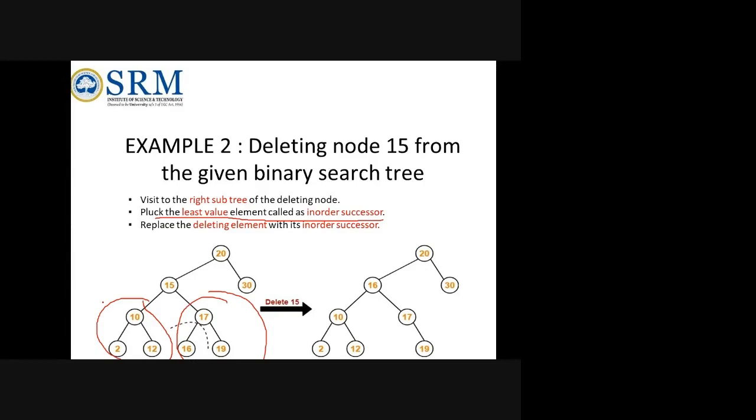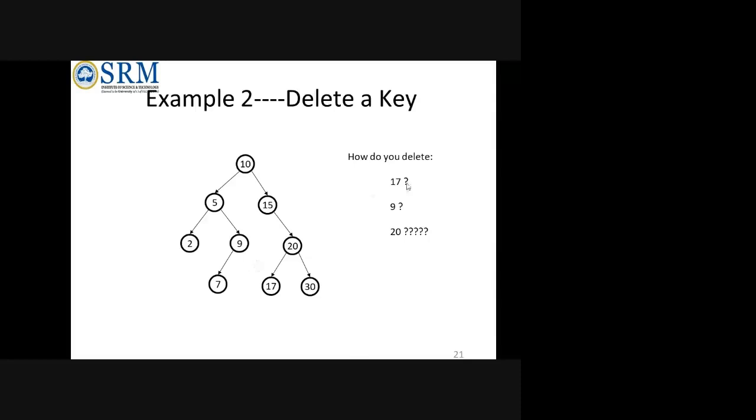Here, when a node is with two children, you have to find the largest from the left side or the smallest from the right side. For that, you have to call the in-order traversal function. In-order traversal, you know, is left, root, right. From that, you can choose; it will come in ascending order only. From that, you can choose the left node and the right node.